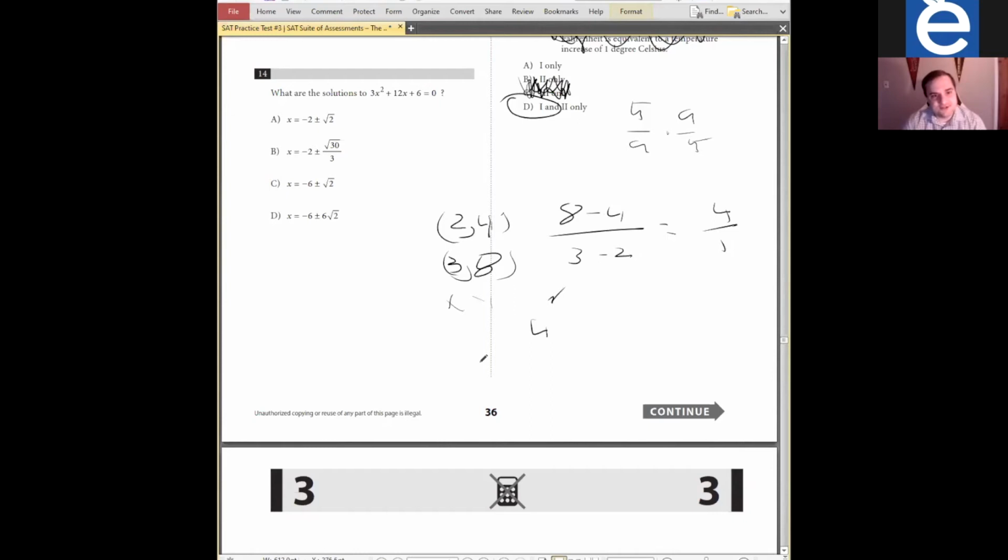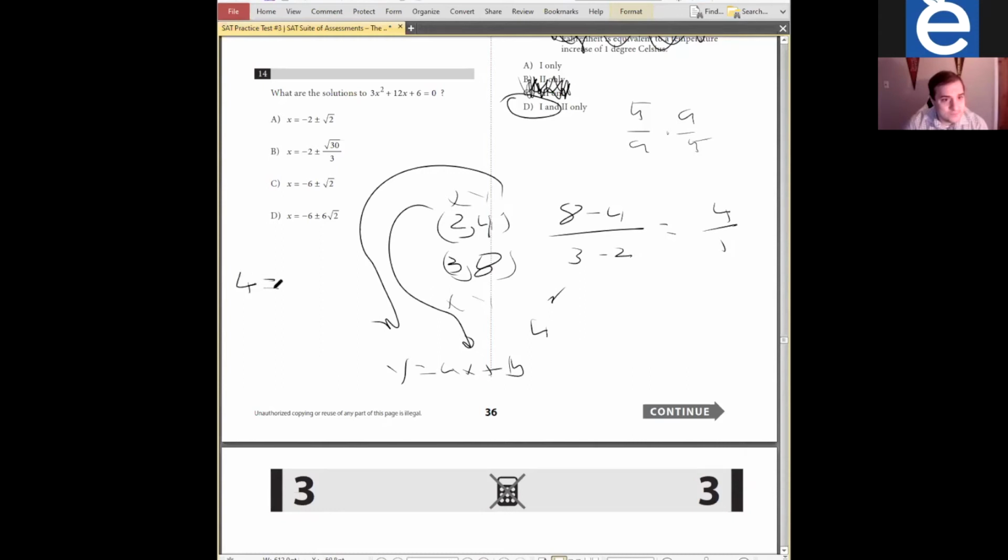Now that we have our slope, I'll do Y is equal to 4X plus B, right? Now we can take any data point because all XY represents is a point on that line. So we can take any of our data points and just plug it right back into the line. So let's go with 2, 4. So that's our X value and that's our Y value. So we take our X value and we plug it in there. We take our Y value and we plug it in there. We would then have